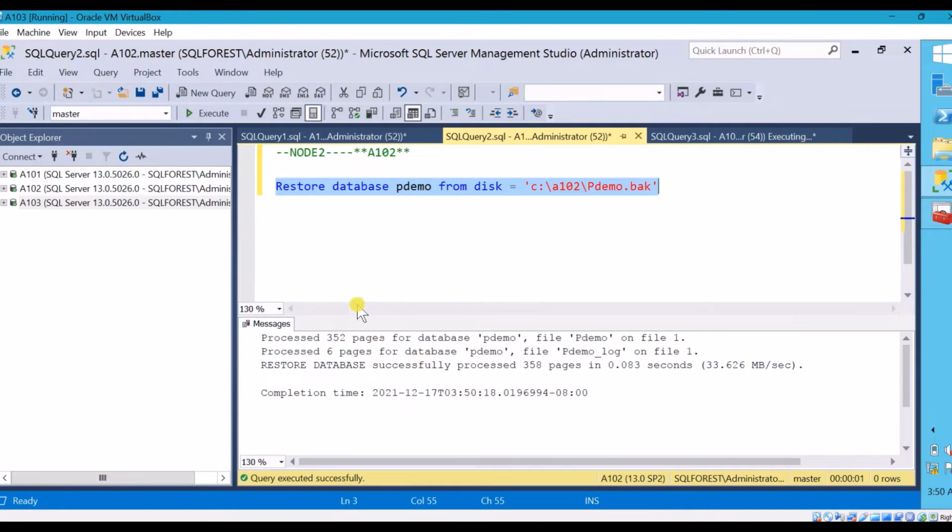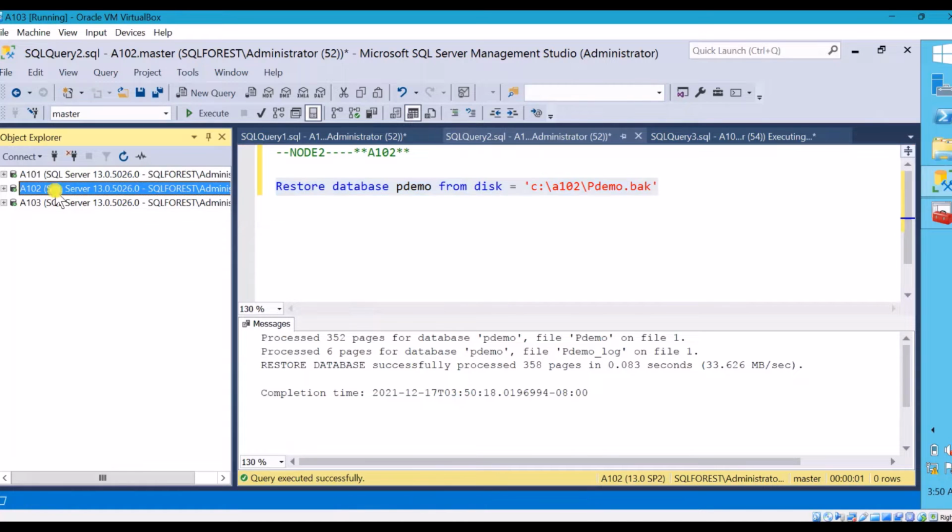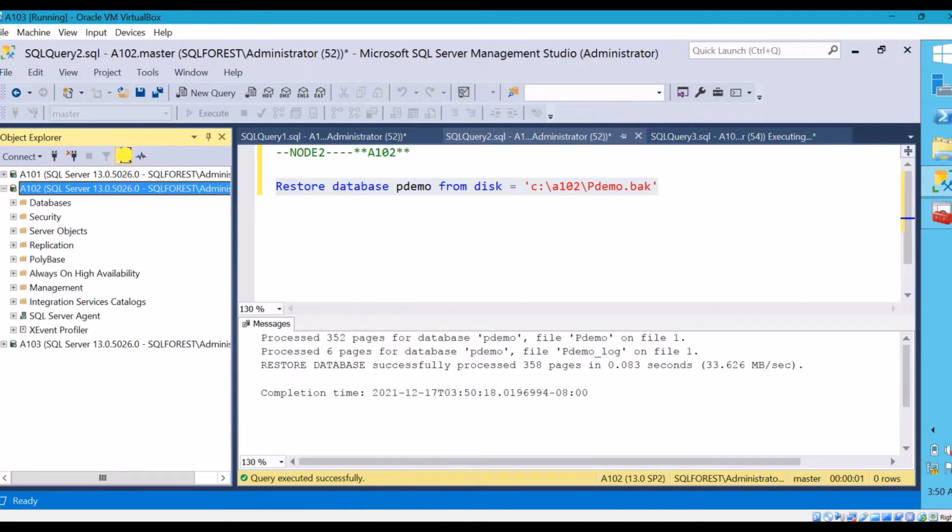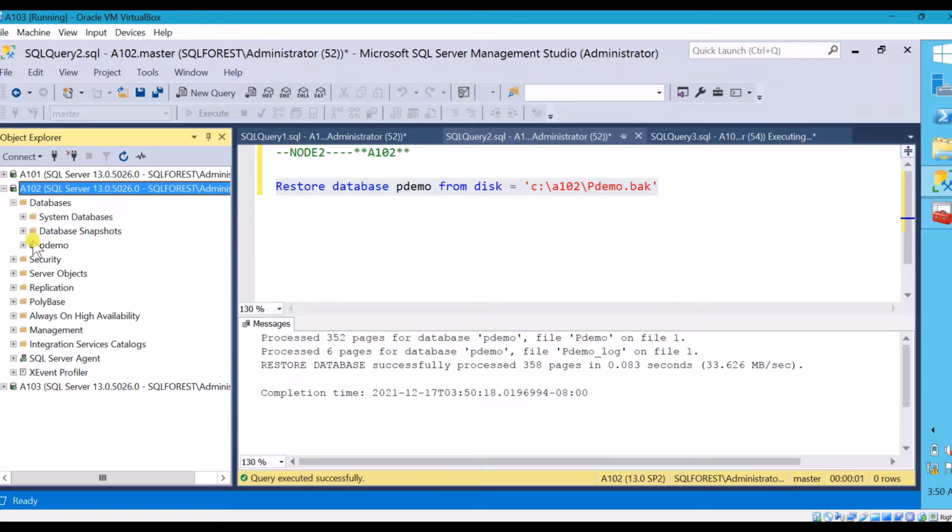So here in node 2 it is completed. The database has been restored successfully. You can refresh and check here. This is our pdemo database,